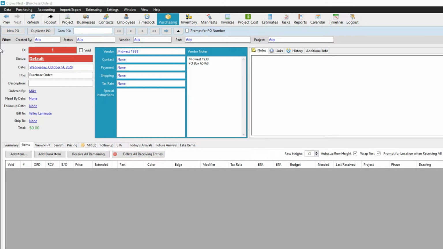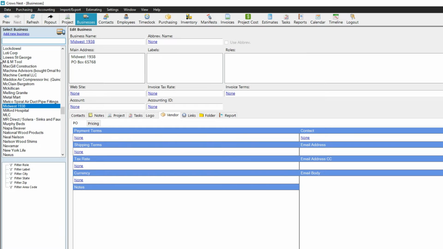The vendor information on a purchase order can be populated from a set of default values. To set these default values for a vendor, go to the Businesses form, choose the vendor from the list of businesses on the left, and choose the Vendor tab on the right. If the Vendor tab is not available to you, it needs to be turned on for your account in Employee